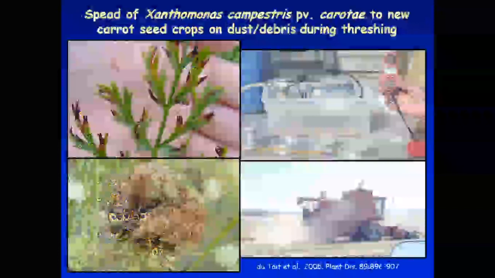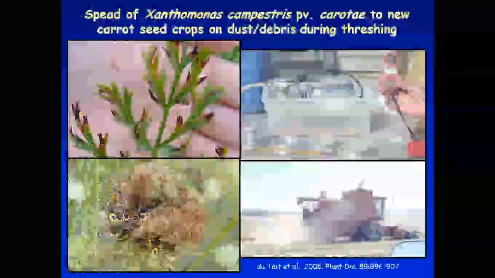Xanthomonas produces a gum, xanthan gum. When you eat chewing gum, the xanthan gum is what makes it chewy. It comes from Xanthomonas. If you didn't know that, the xanthan gum gives it an incredible ability to survive sunlight, to survive desiccation, to persist in that very dried out state. So even though it's hot and dry, you'd think that it's not favorable for Xanthomonas, but Xanthomonas is in a nice desiccated state in that carrot residue.